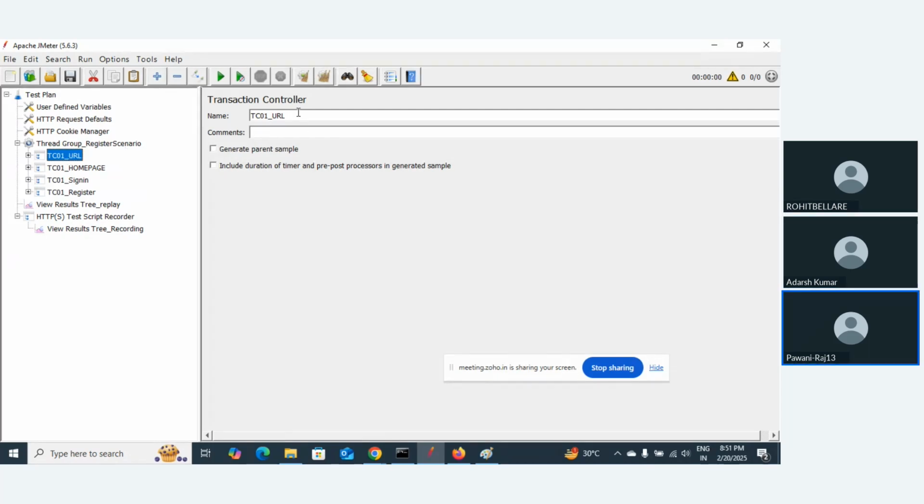One transaction controller for URL page, one more transaction controller for home page, one more transaction controller for sign in page, and one more transaction controller for register page. Okay, then